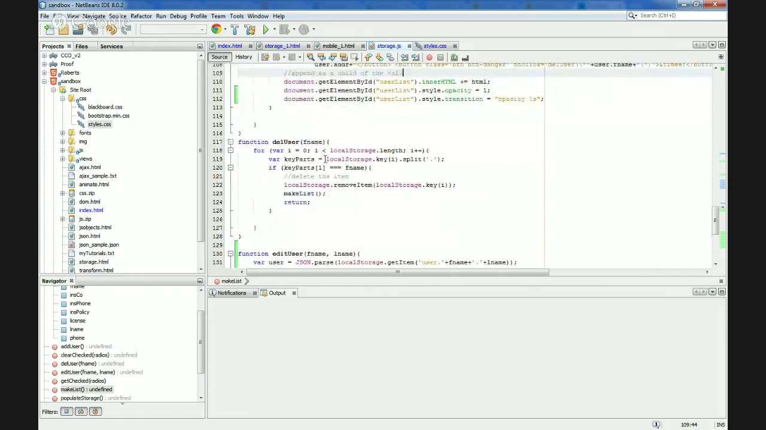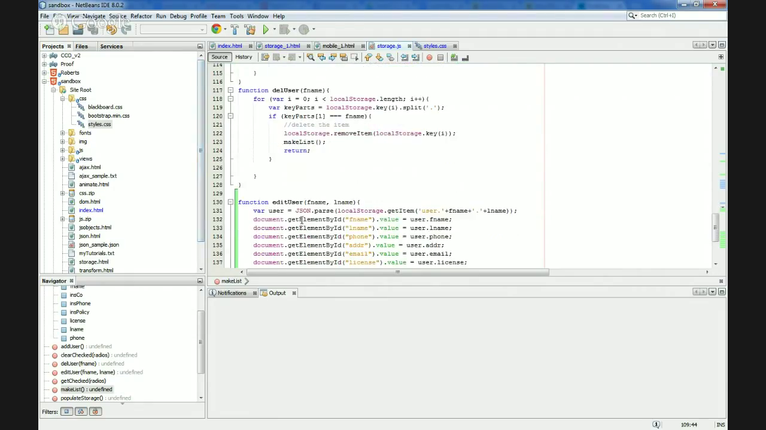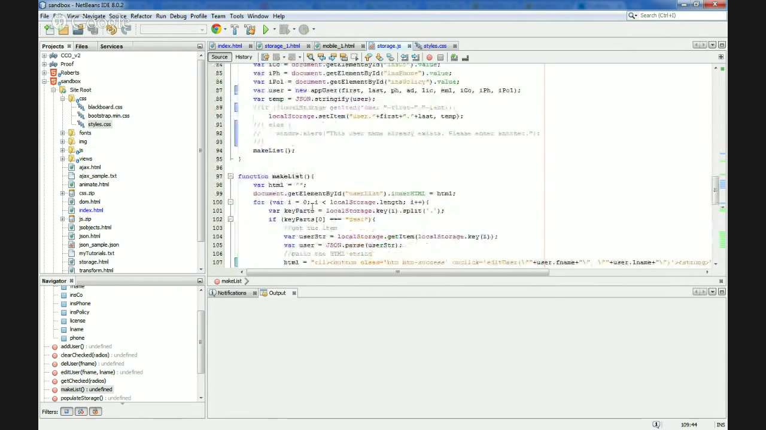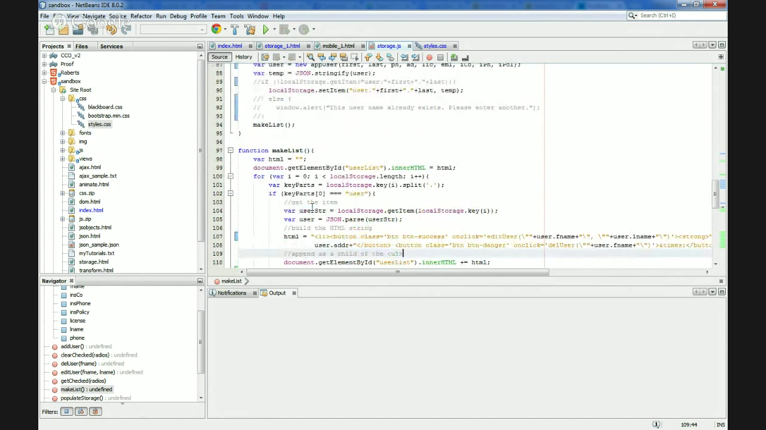Delete user just goes out and finds the key where part 1 equals the first name and just removes it from local storage. And then it goes back and it remakes the list so that your deleted user goes away. And edit user just goes out, gets the user first name, last name, parses it, and assigns it to user, and I just use that user object here to reassign the values of all these text fields to those values. Pretty simple. So there it is, create, read, edit, and delete functionality